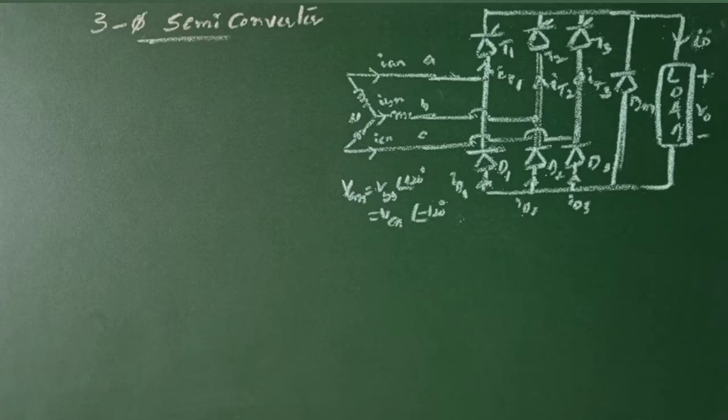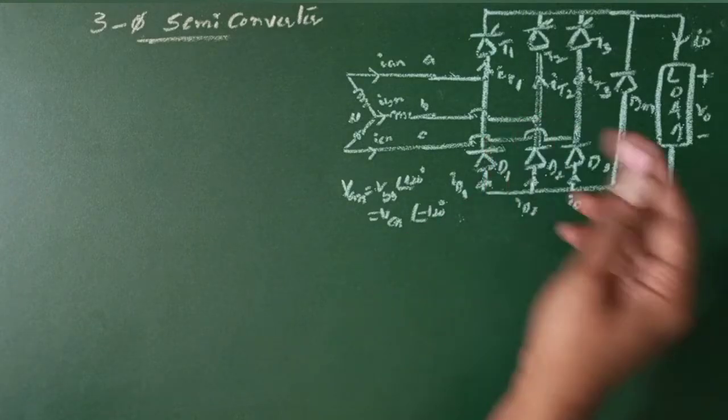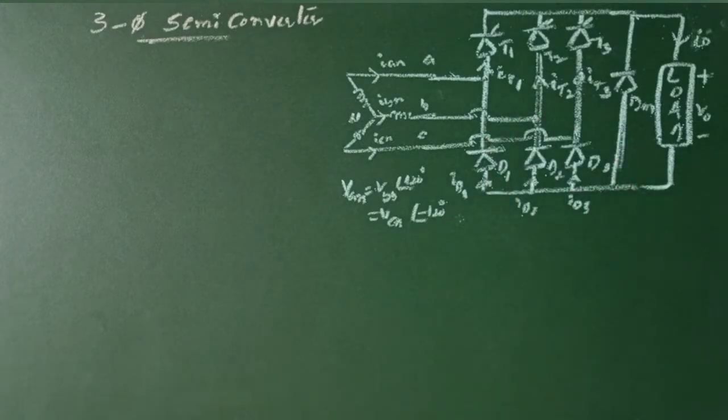Three-phase semiconverter. Three-phase semiconverters are used in industrial applications up to 120 kilowatts, where one quadrant operation is required. The power factor of this converter decreases as the delay angle increases, but it is better than that of the three-phase half-wave converter. This is our circuit where we have three thyristors T1, T2, T3 and three diodes D1, D2,